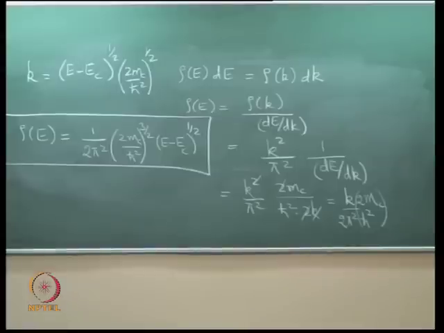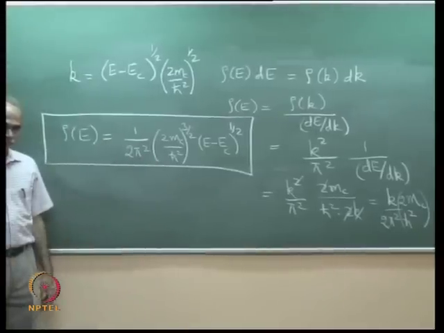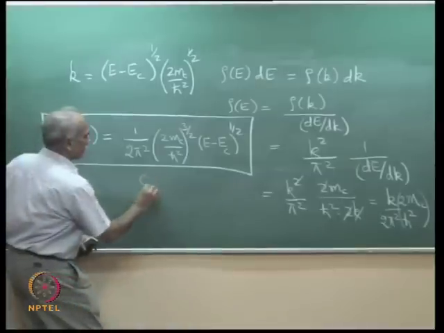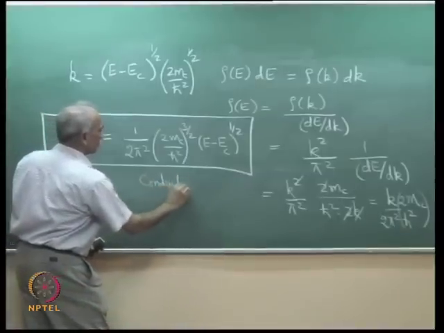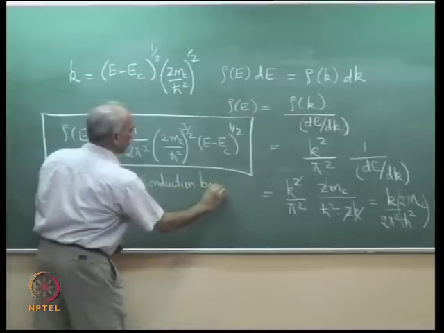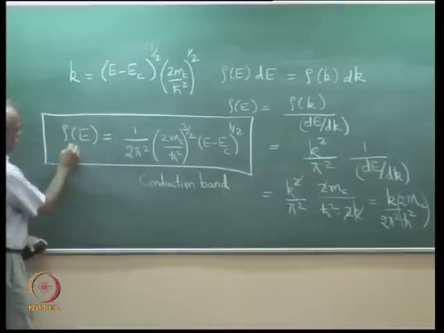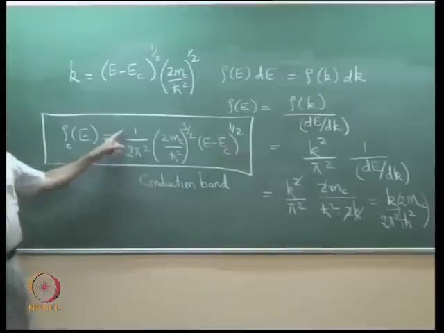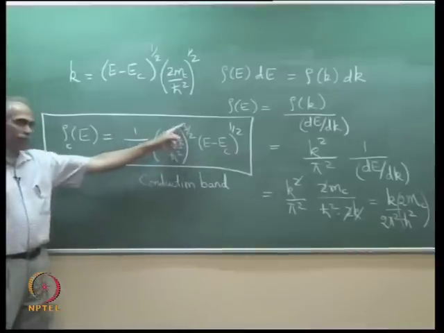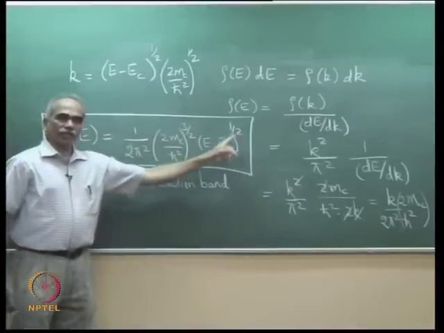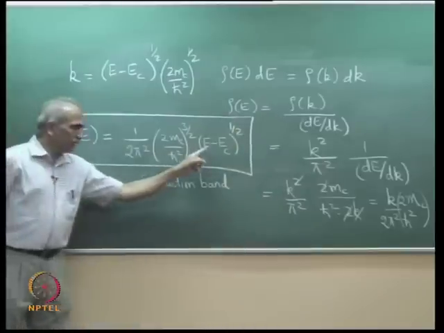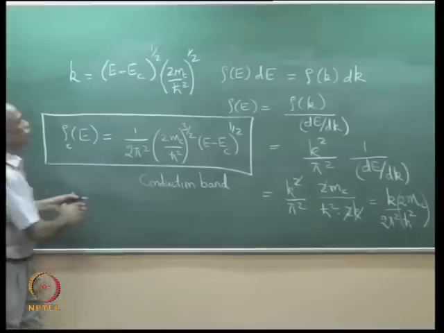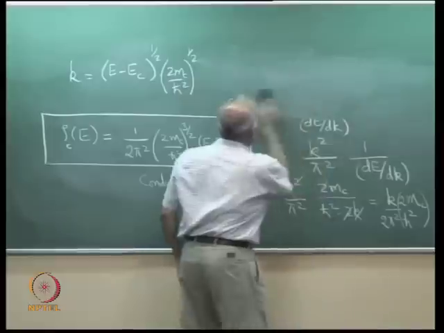The expression for density of states in the conduction band. Normally this is designated as rho C of E is equal to 1 by 2 pi square into 2 mc by h cross square to the power 3 by 2 into E minus EC to the power half. What is this E here? It is the energy of electrons in the conduction band, which means if you look at the conduction band,